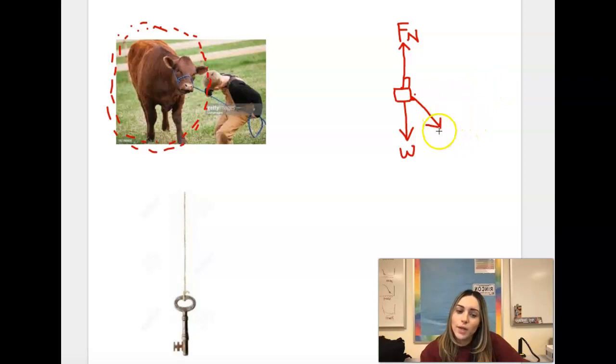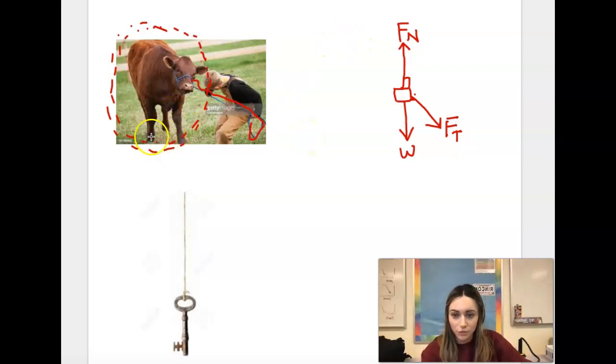So the question is, what is this force that this farmer is applying? Well, as you see here, this is a string or a rope. So if you remember, we would call that a tensile force or tension. So I'm going to simply label that FT. Now, if you wanted to get really complicated, which we won't, the cow is probably not moving in this situation,